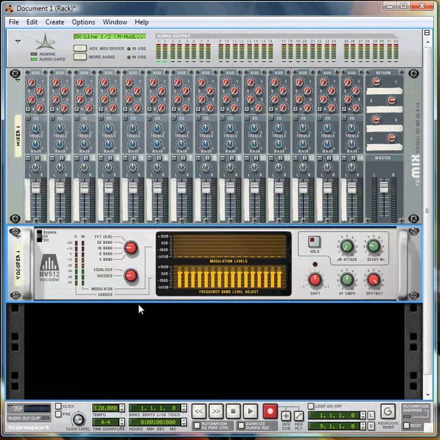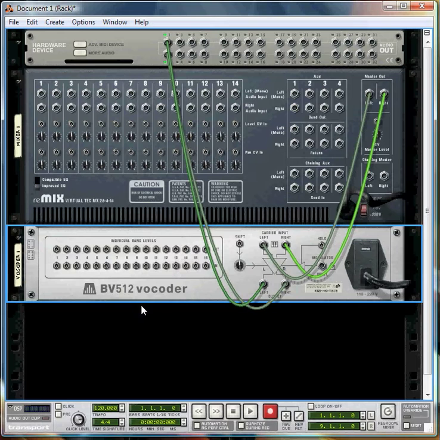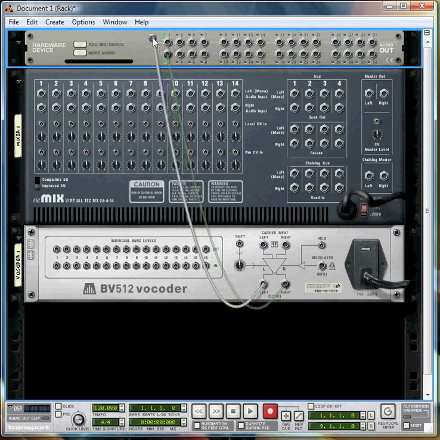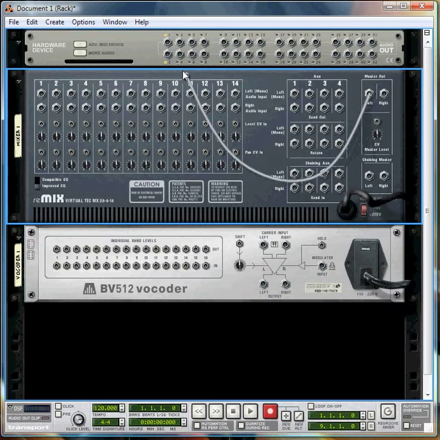So if we just take a look at the back first of all, you can see the vocoder is actually taking the master output of the mixer as its carrier input. So we'll disconnect that, we don't want that. If you also have a look here, you'll see that the output of the vocoder is going to Reason's main output, channel 1 and 2. So again, obviously we don't want that, so we'll disconnect that. And we reconnect everything correctly, the master out of the mixer, back to channel 1 and 2 out. And we take the output of the vocoder to the next channel on the mixer, which here is obviously just